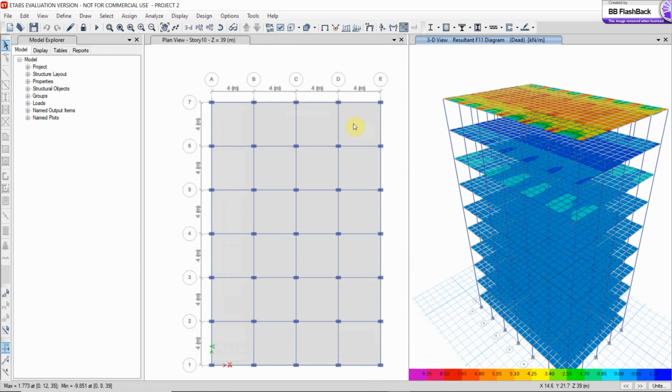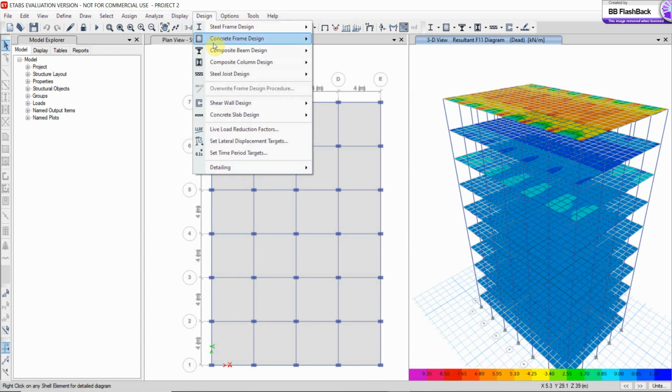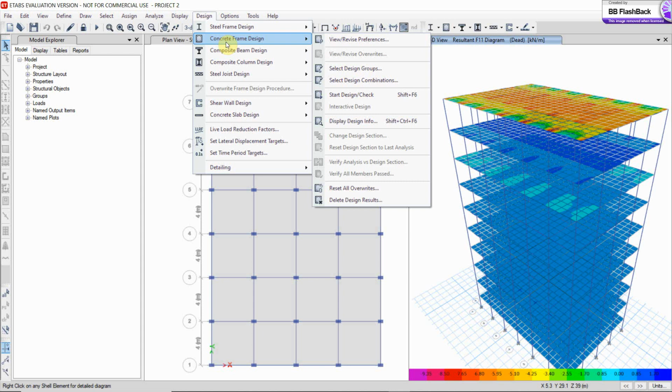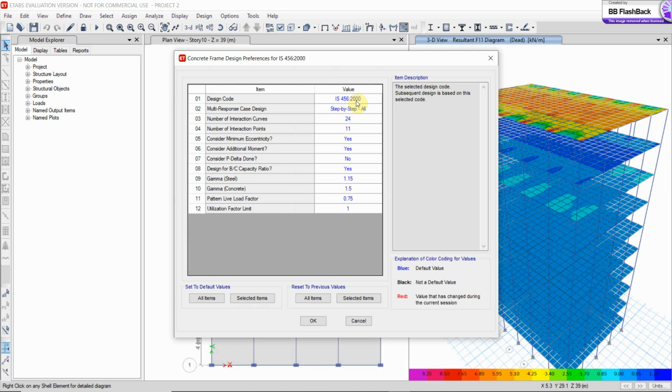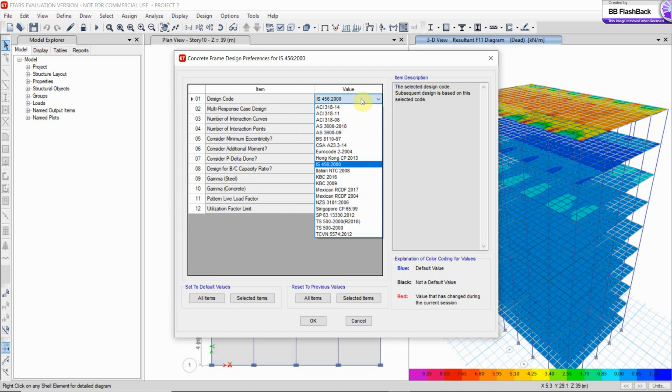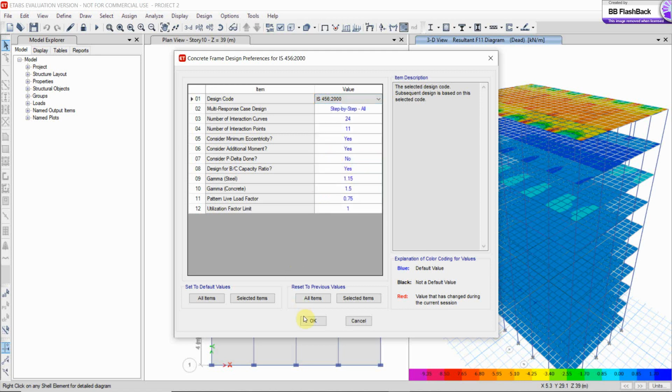Now go to the design menu, select concrete frame design, view revise preferences. Here select design code IS 456-2000. OK.